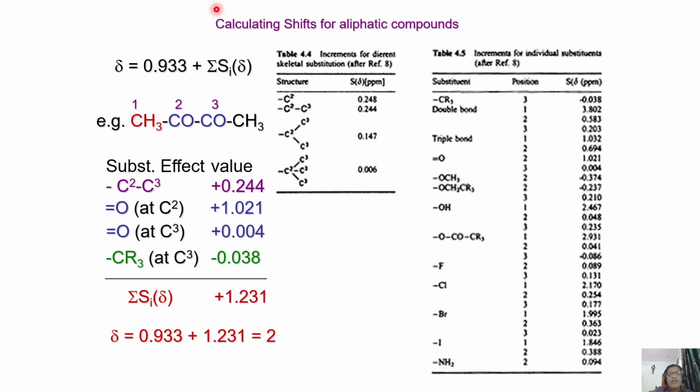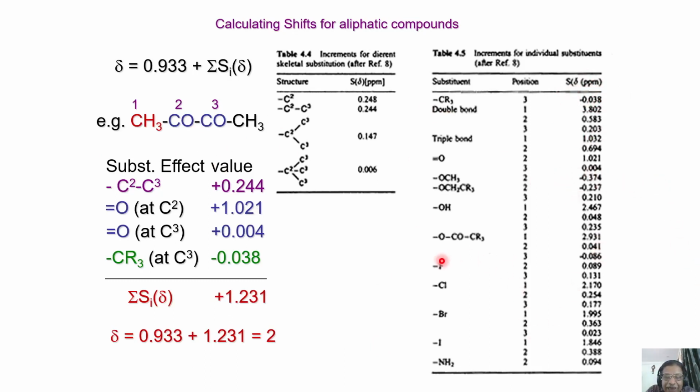substituent. That's all. Now, for aliphatic, many aliphatic compounds, again, this is taken from one of the books, where you can see for different substitutions and substitution in which position. That is also important. For example, with respect to substitution, maybe in position 1, 2, and 3. And if the substitution is in a different position, what is the contribution? And keep on adding for that. For example, in some cases it can be negative, you see, minus here. So as I said, it's not always additive.